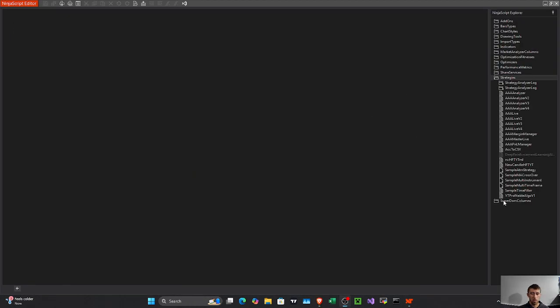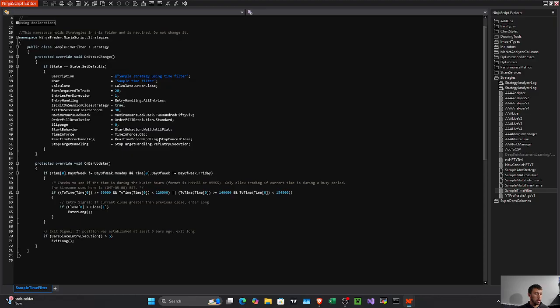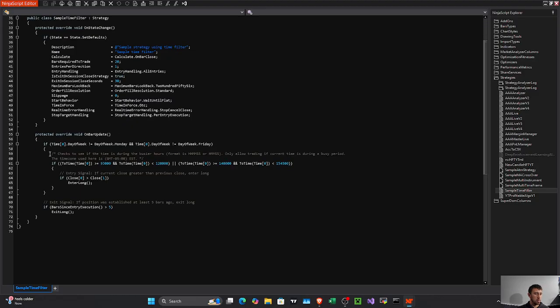Now we go back here, and now we have it. Sample time filter right here. Double click it, and now it tells us exactly how to do it. So it checks if the time is during the busier hours. Only allow trading if current time is during the busy period. So what this is doing,